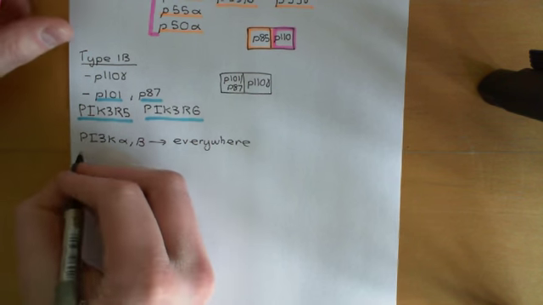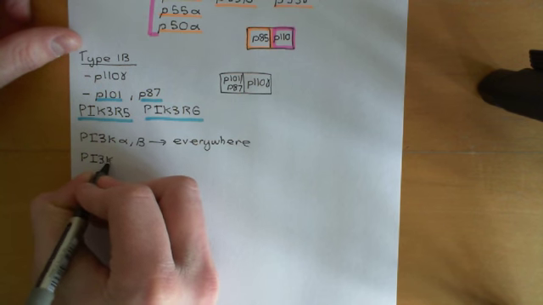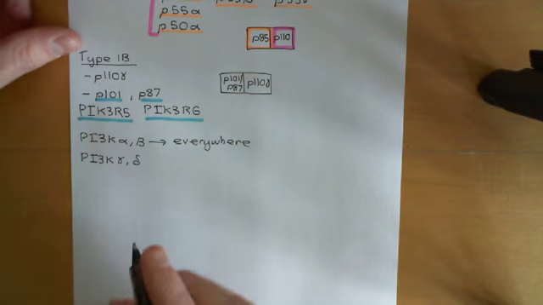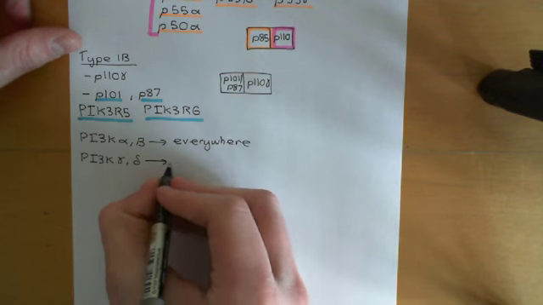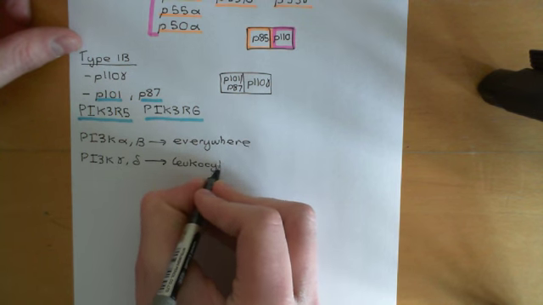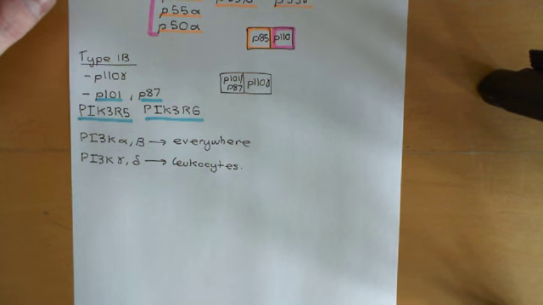Whereas, in contrast, the PI3 kinase gamma and PI3 kinase delta enzymes are much more selective in where they are expressed. They are generally found in white blood cells. And we're going to find that this is very significant later on for leukemia. So the major drug that has had success so far in blocking this